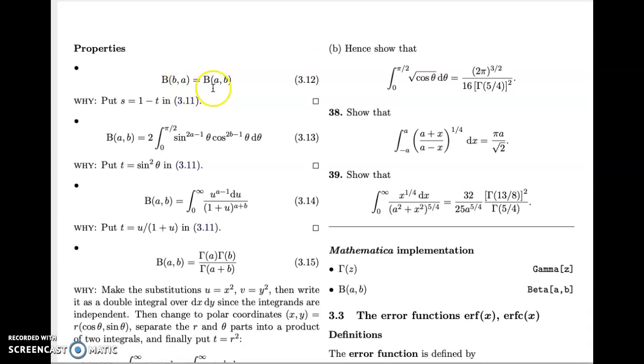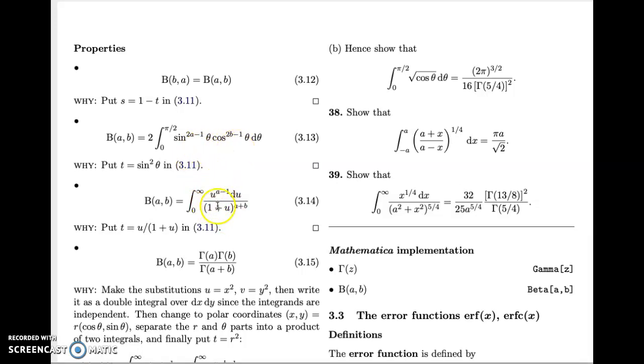So it's symmetrical in the arguments a and b, which is easy to see by this substitution. Another substitution gives us this alternative form for it in terms of powers of sine and cos. Yes, another substitution gives us this. So we see it's actually quite a useful special function for dealing with